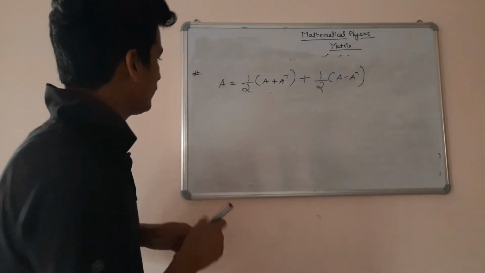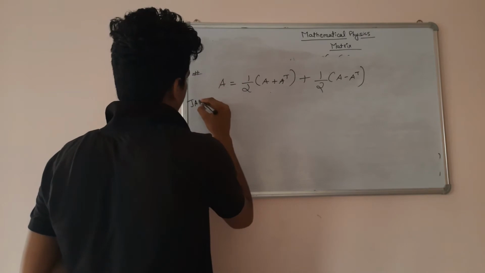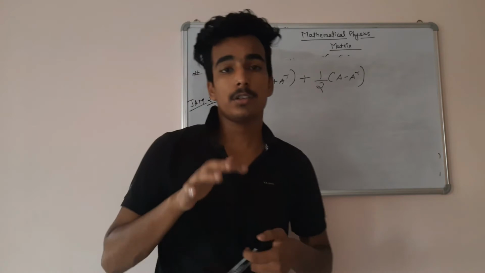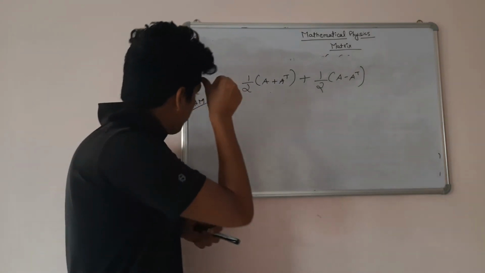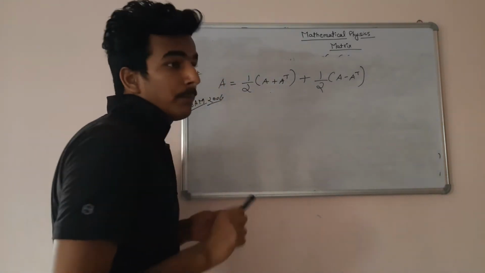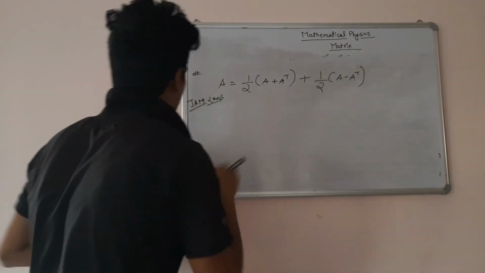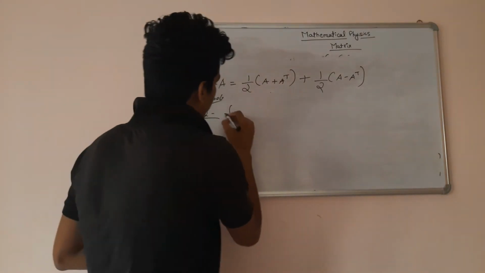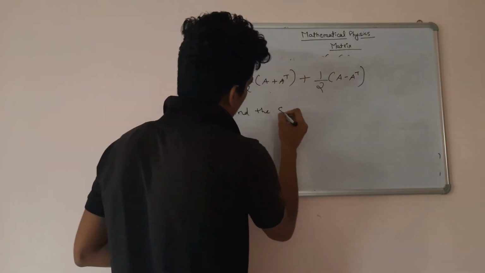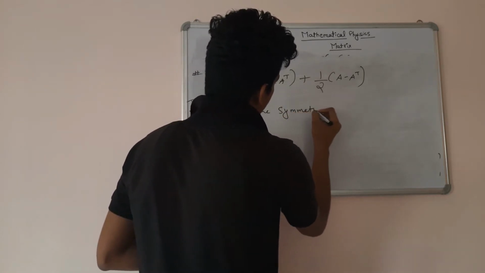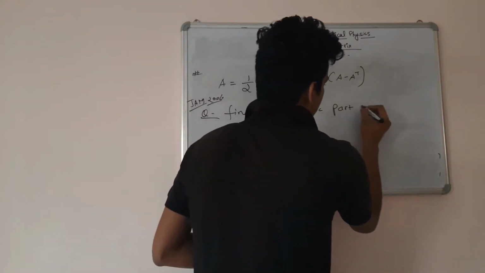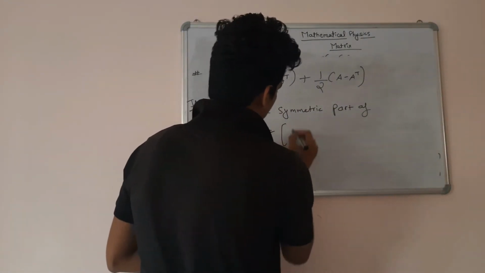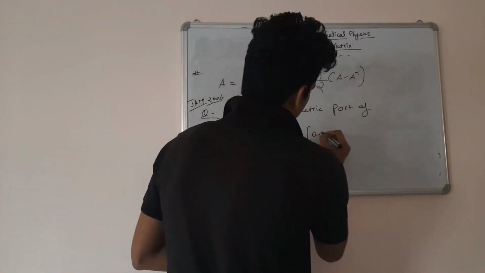It is a question that came in JAM 2006. It's quite a simple question. Actually JAM is not a tough exam. It consists of simple questions. You just need to be accurate while attempting the question paper. So this is a question of JAM 2006. Find the symmetric part of a matrix P equal to the matrix with rows A, A minus 2B.